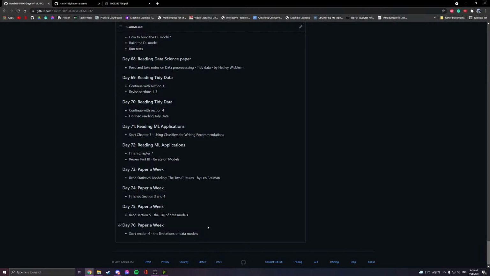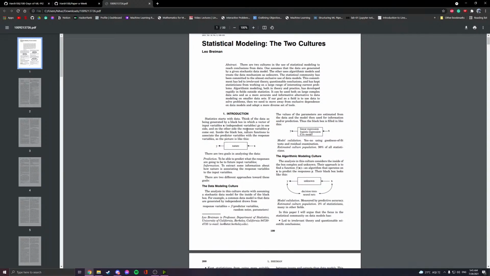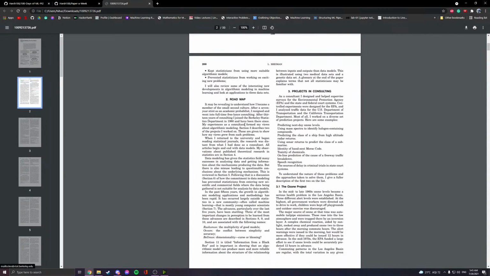So the paper I'm reading today is a continuation of the past few days: Statistical Modeling: The Two Cultures by Leo Breiman. It's a very interesting paper in the sense that it gives a pretty good understanding of how data preprocessing should be accomplished for machine learning. And unlike the previous paper, which was Tidy Data, this one talks more about comparing